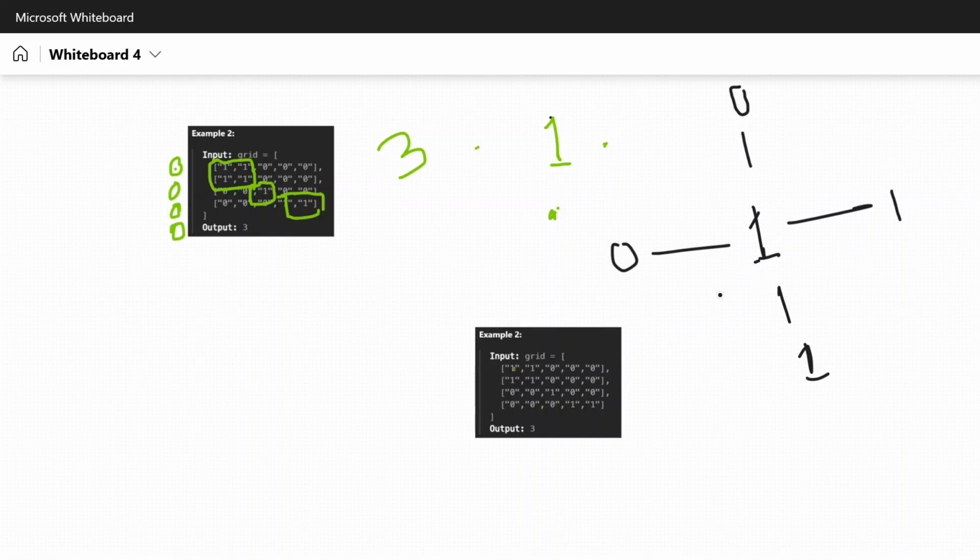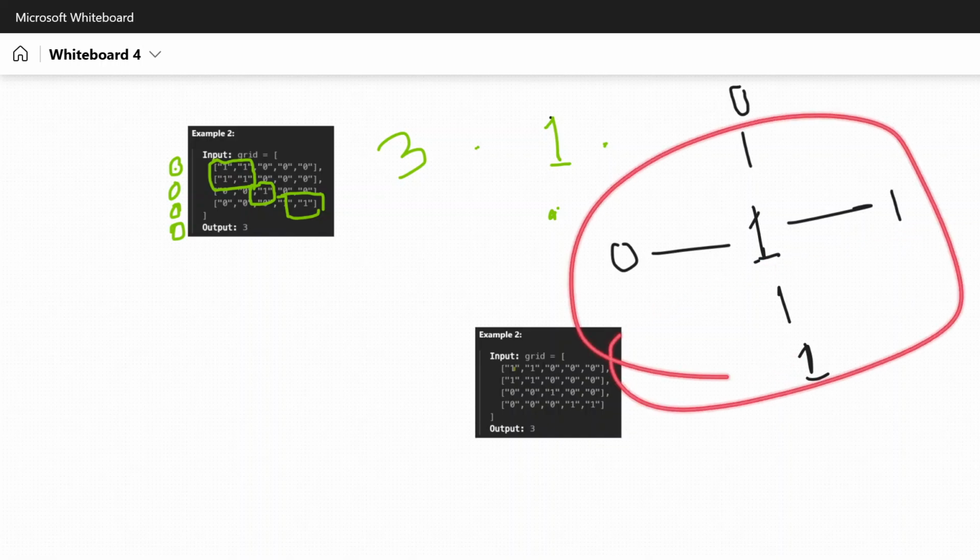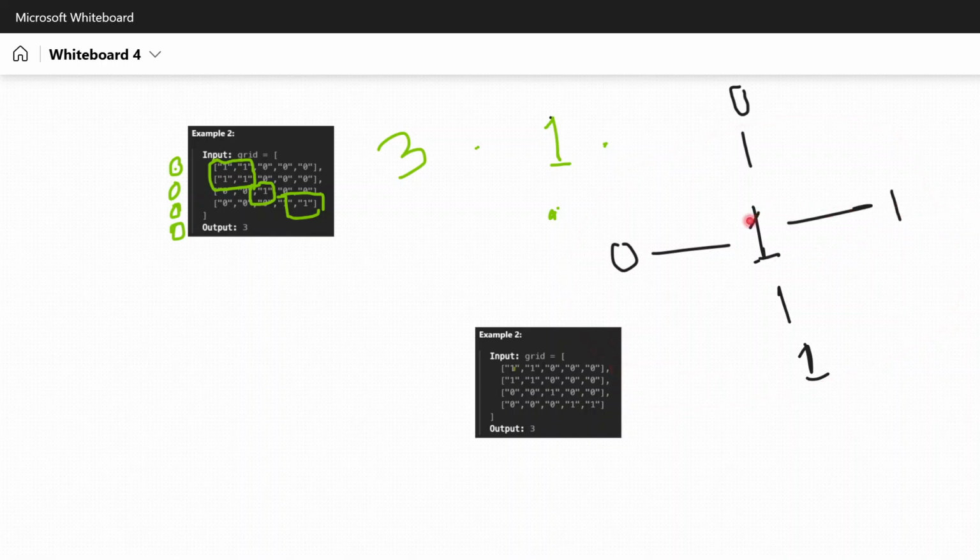And if I end up having such a map for every position, I try to see what left is one, right top is zero. I have such a thing for each position. When I end up counting,